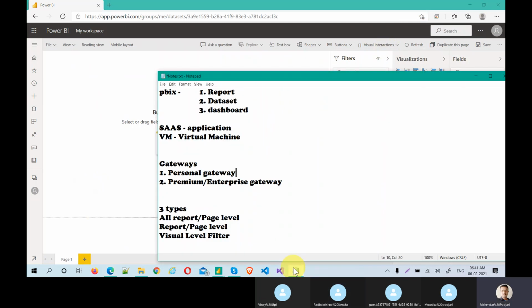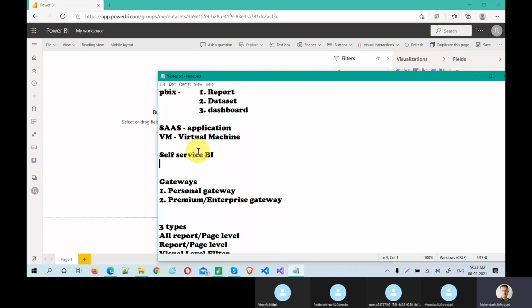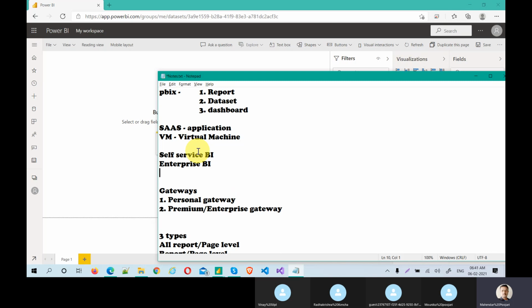Power BI has many flavors in terms of usage. One is self-service BI, and the other ones are mid level BI and enterprise BI. Enterprise BI means it is actually grabbing the market.